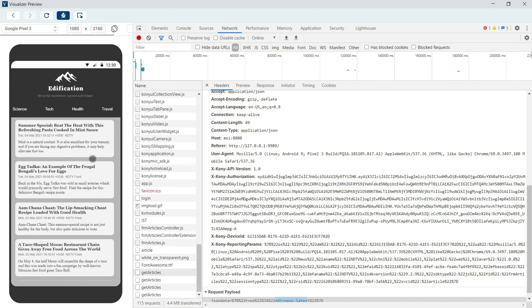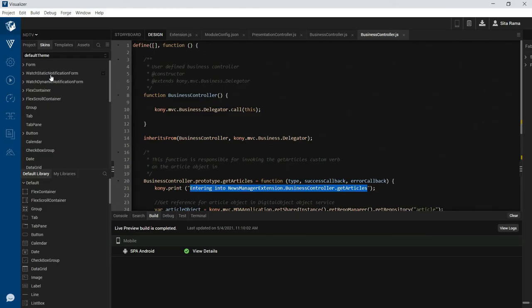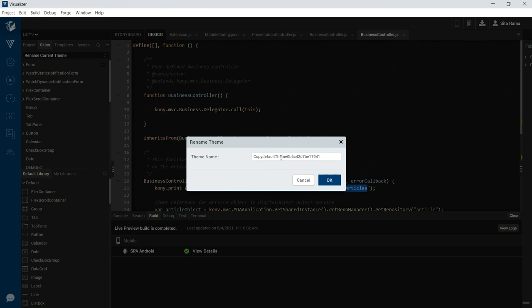If we want to customize the UI experience, the themes that we are using, the images that we are using inside the application, then it is recommended that you duplicate the default theme that we have inside the application by clicking on this duplicate current theme and rename the duplicated theme to the customization that you are implementing. I am giving the theme name as NDTV theme,